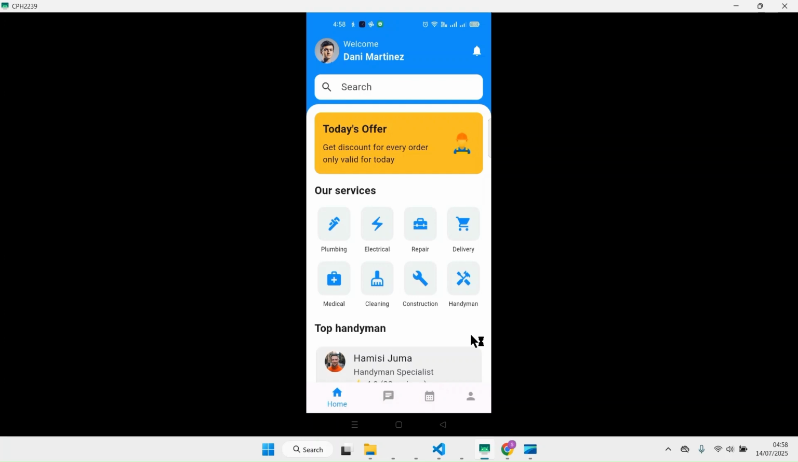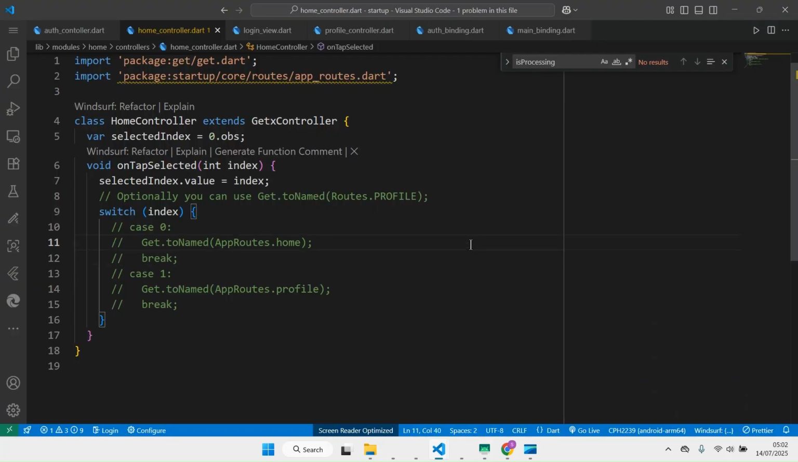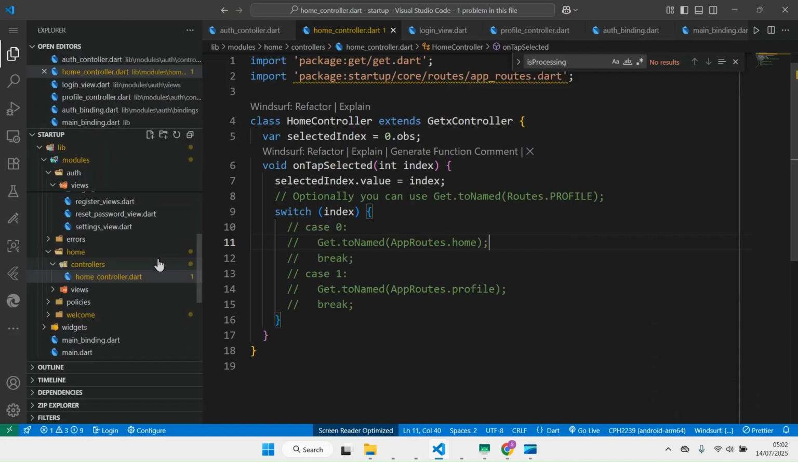Well, let's work on the navigation first to help us navigate to user profile and also to show the logout. All right, so to handle the navigation, we got home, we got this called home controller. We created this in our previous episode. Home controller, so the job for this one is to help us handle the data about the home screen